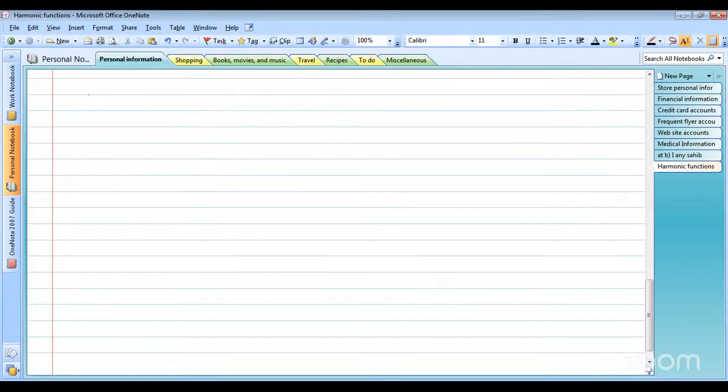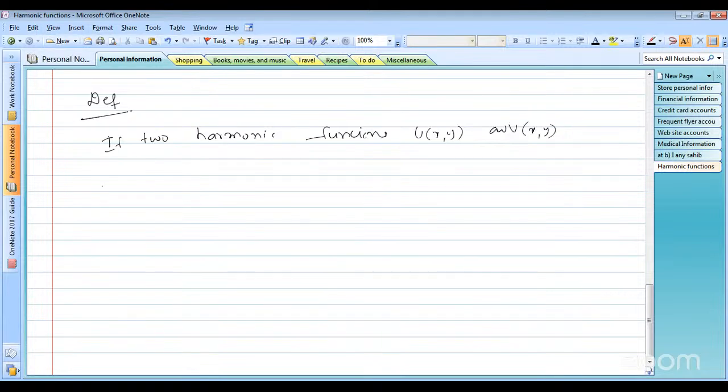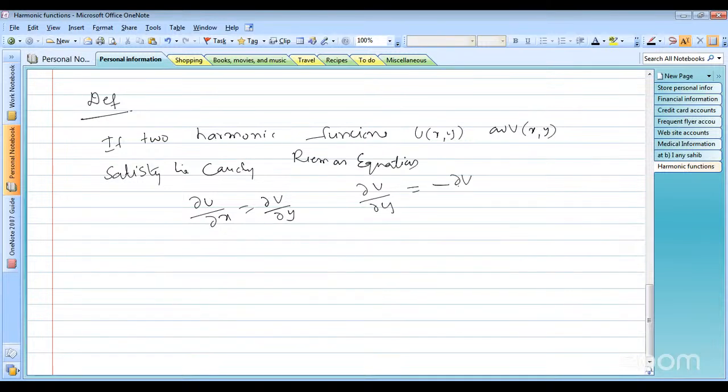Then one definition: if two harmonic functions u(x, y) and v(x, y) satisfy the Cauchy-Riemann equations, so that ∂u/∂x = ∂v/∂y and ∂u/∂y = -∂v/∂x,